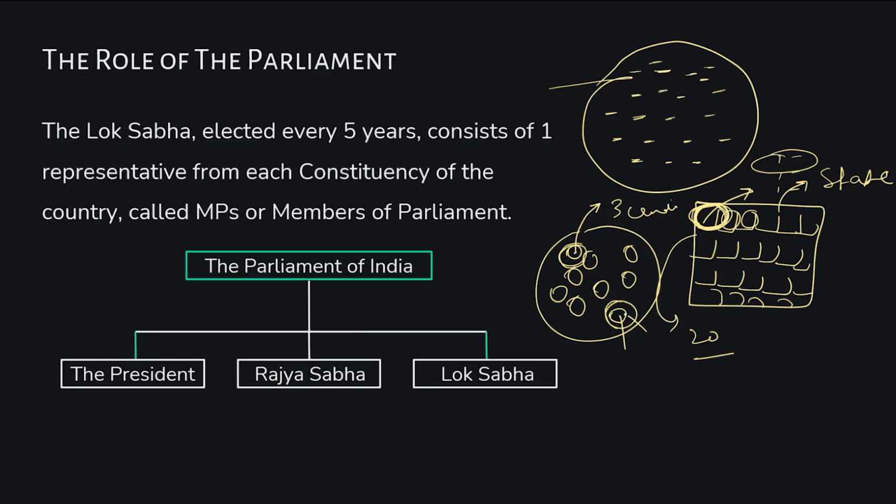Now let's say in this constituency there are two candidates who want to get elected as the member of parliament. One belongs to Bharatiya Janata Party and the other belongs to Congress. There is no candidate of the Aam Aadmi Party in this constituency, so the citizens have to elect between these two. And let's say the candidate of the Bharatiya Janata Party gets elected. Now in this case, 2 constituencies have been won by Bharatiya Janata Party. At the end of the result of all these constituencies, let's say this has been won by the member of the Aam Aadmi Party, and this has been won by the member of the Congress.